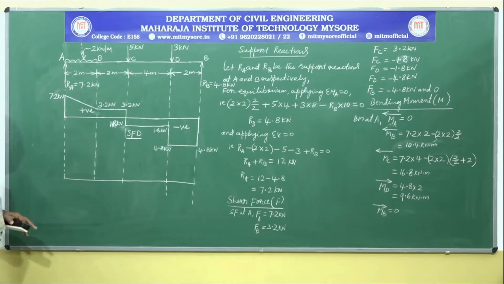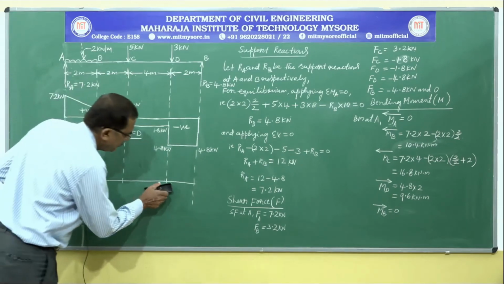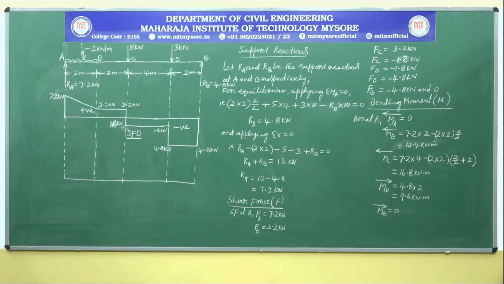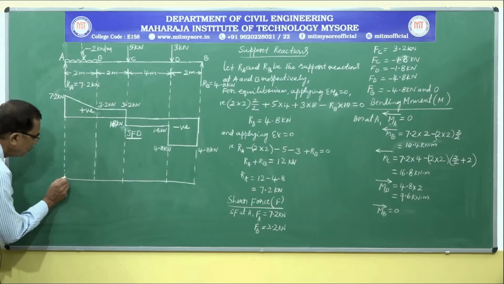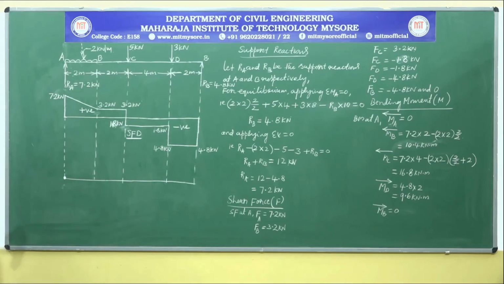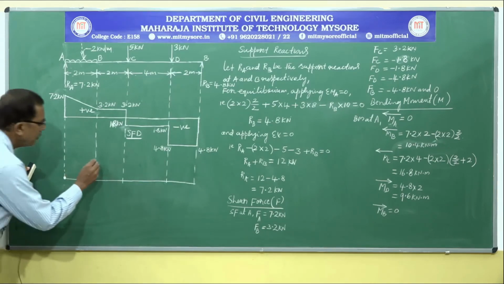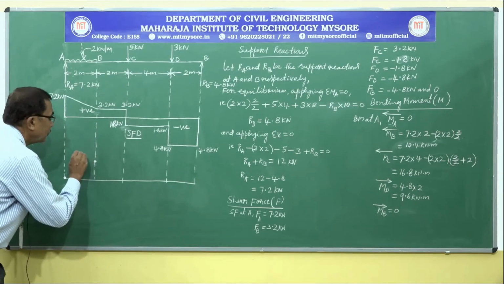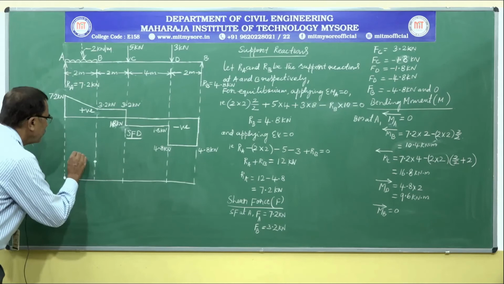In our present problem, there are no negative values, all are positive values. We can mark the bending moment above the reference line only. Bending moment at point A is 0. Then bending moment at point B is 10.4 kilonewton meter. Let us mark here 10.4 kilonewton